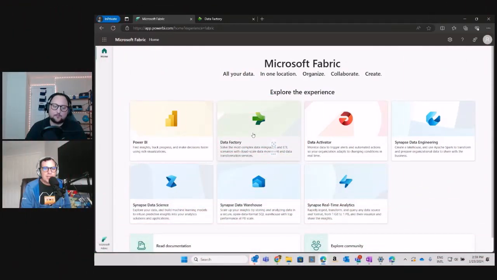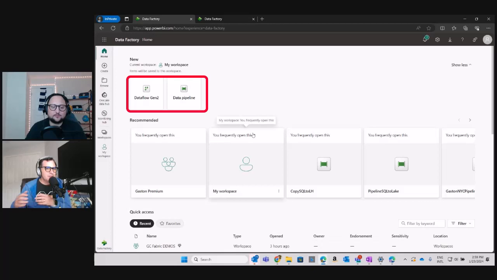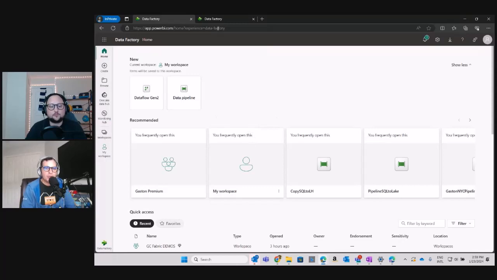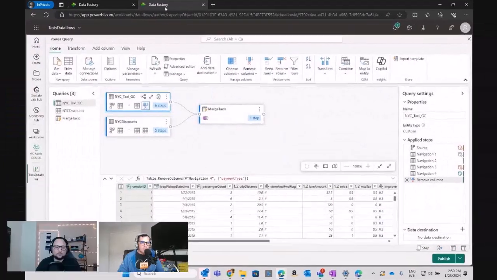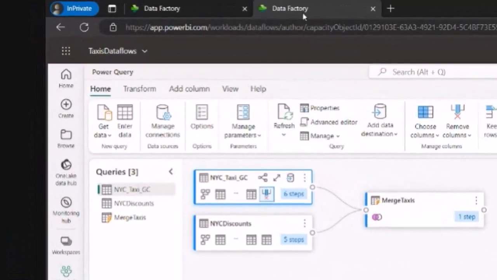So as soon as I hit the Data Factory option here, remember there are a couple of basic artifacts, data pipelines and Dataflow Gen2. I'm going to create, and actually I already have a Dataflow Gen2 up and running. I am bringing this dataflow here with data coming from a blob storage, New York City taxi data, and another CSV file that I'm combining here for New York City taxi discounts, and then I'm doing some merging and all